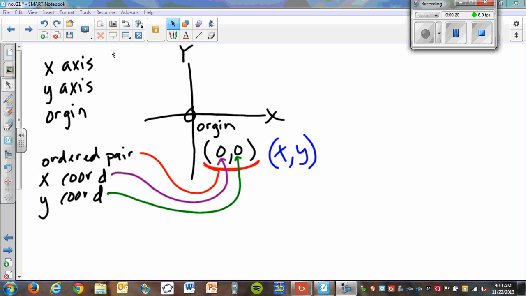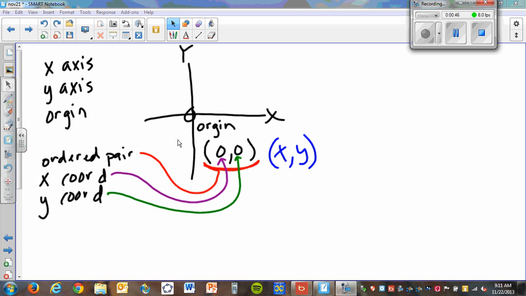A couple definitions. We have a graph here. The x-axis is this horizontal line at 0, y equals 0. The y-axis is this vertical line that is x equals 0. Okay? And anytime you hear something about the origin, it's this point right here in the middle where they cross